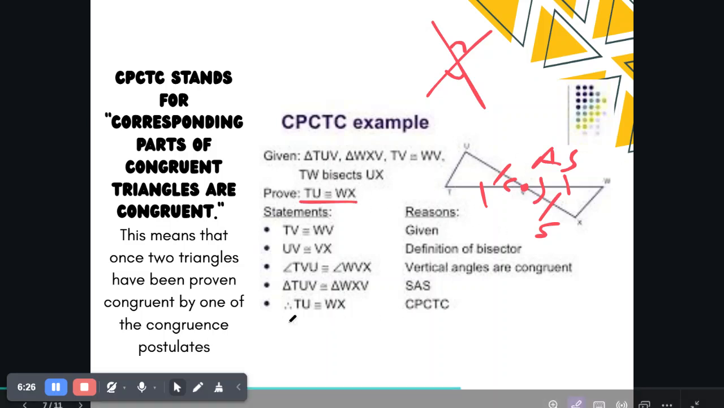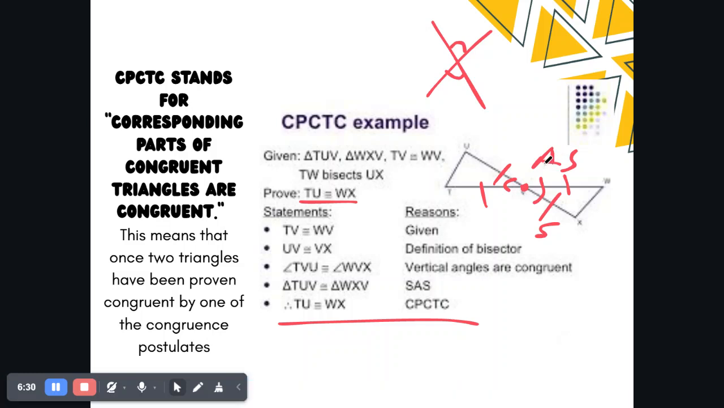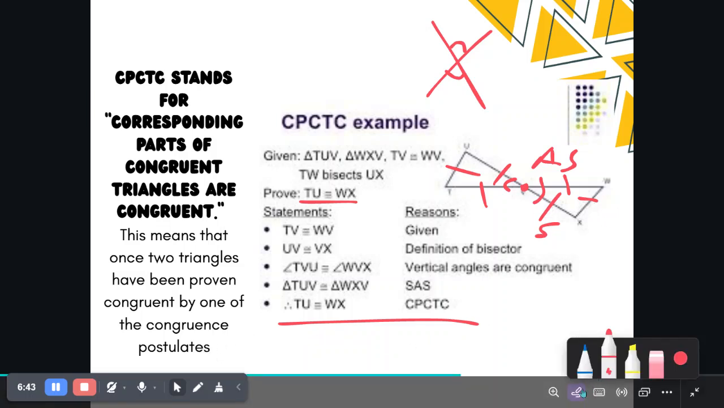And by CPCTC, because we proved the triangle congruence postulate, we can also prove it by CPCTC, or congruent parts of congruent triangles are congruent. So now we know these are congruent. Moving on,